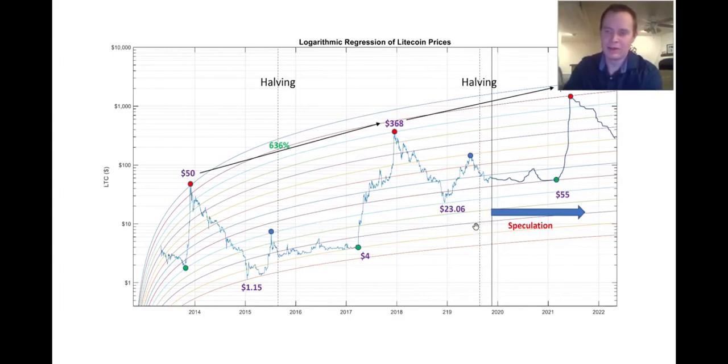At least that's what it has done so far. So, if this were to continue to play out in the next bull cycle, or the next market cycle, I should say, it'd be interesting to see if it does a similar thing where it goes up 4 regression lines before the halving, corrects down into the halving, and you can see that when the halving occurred, it had corrected down 2